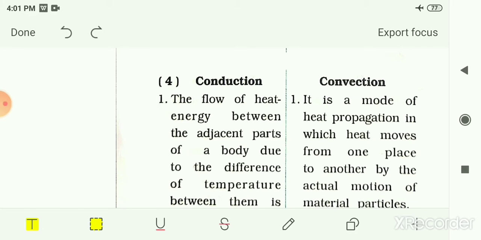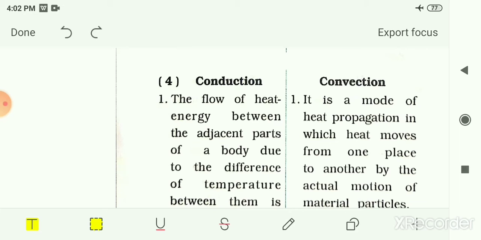Another example of heat transfer is that on heating one end of an aluminium rod with the flame of a candle, heat flows from its nearer end to the far end. The process of transfer of heat from the hot end of a solid object towards the cold end is known as conduction. Solid substances like metals become hot due to the process of conduction. In solid substances, this way of transfer of heat takes place, that is conduction.